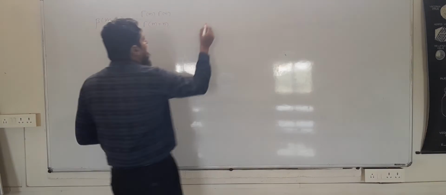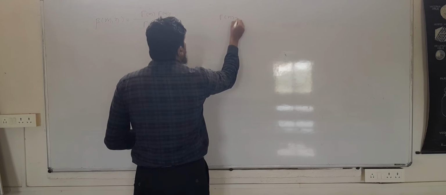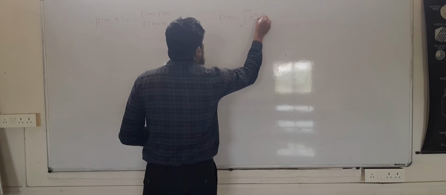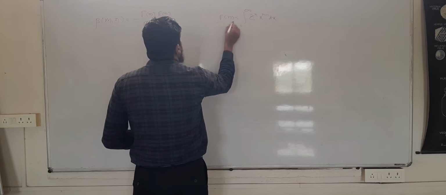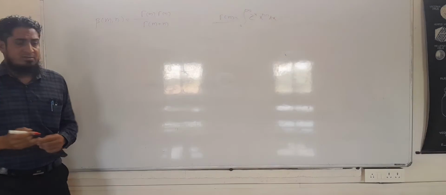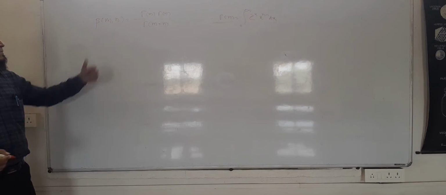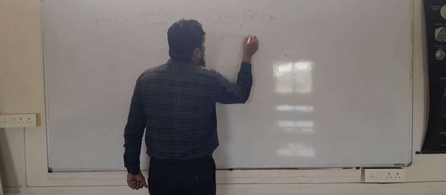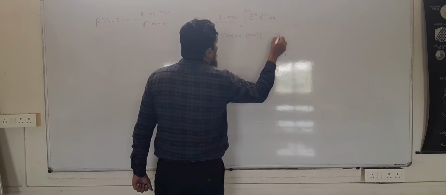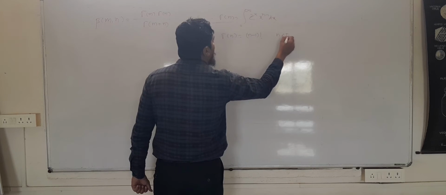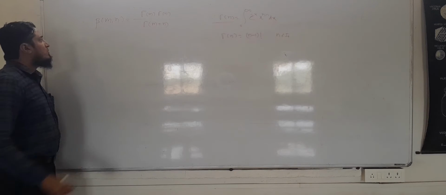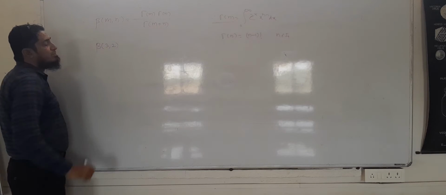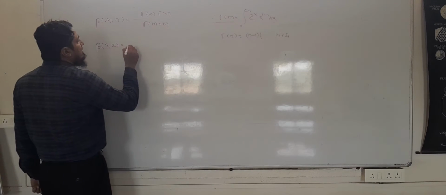Since we know that the definition of gamma n is the integral from 0 to infinity of e raised to minus x, x raised to n minus 1 dx, it is a single variable function. Now, since we know that gamma of n is equal to n minus 1 factorial if n is a positive integer, correct? So, if you want to find beta of 3 comma 2,